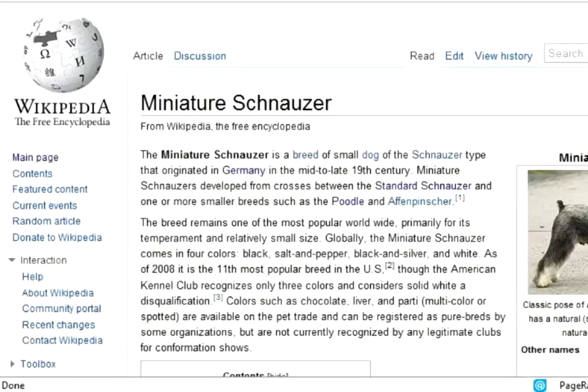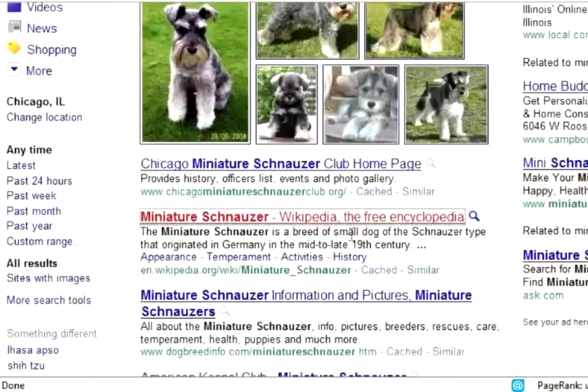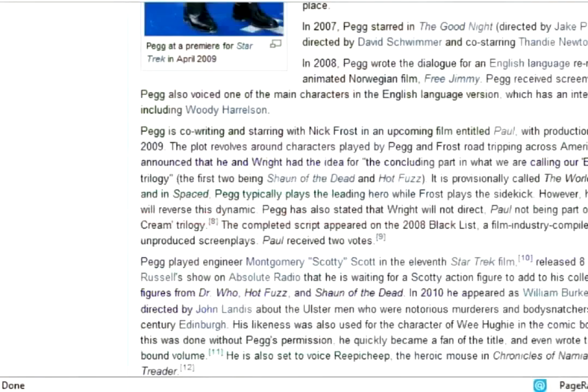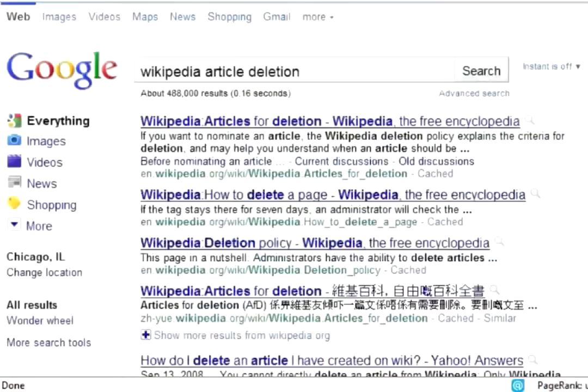the Wikipedia community. Okay, now I'm going to give you the mother of all techniques to bump a Wikipedia article like this out of position so that you can take its position, and that is to get that dang thing just completely deleted. What you're going to want to do is, and this might not be possible for an article like Miniature Schnauzer, it's not possible, but for an article on a topic that's not so important, you could get it deleted. And what you're going to want to do is just do a Google search for Wikipedia article deletion,